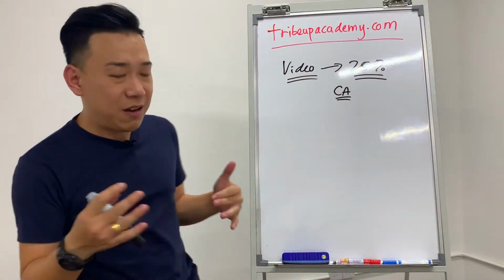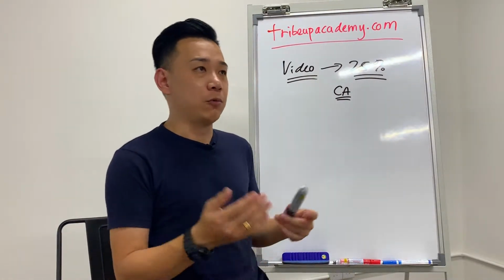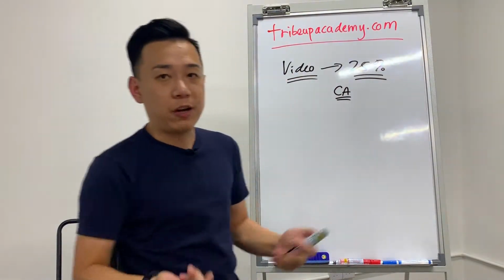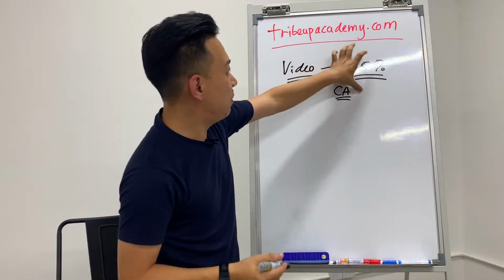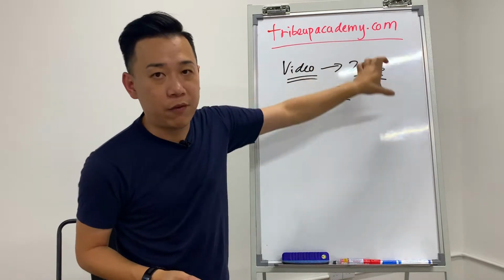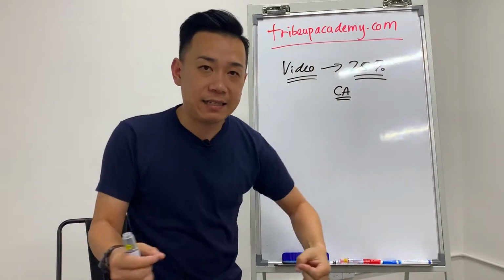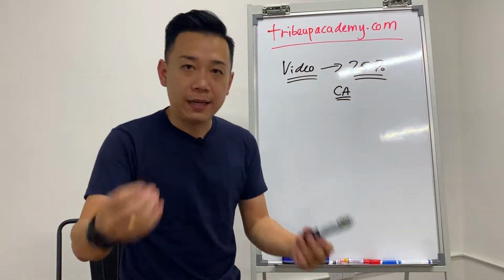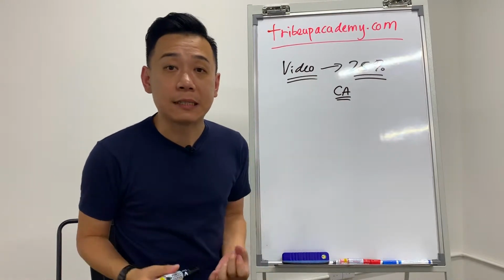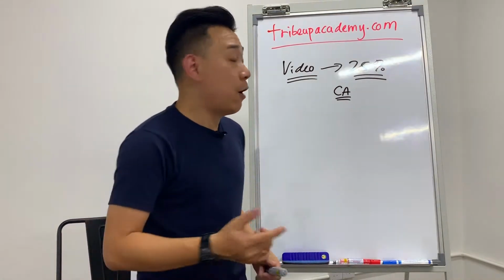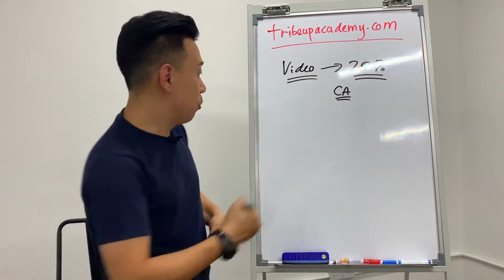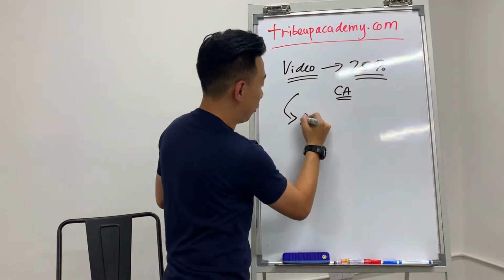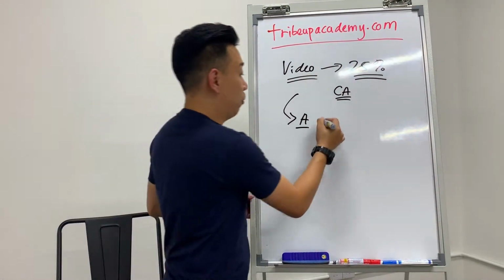Now, what I'm actually trying to share with you is, look, what can you do? When it comes to intent-based strategy, when it comes to the Facebook ad drips that we are trying to build, once these people have watched your video up to 25%, they are highly intended. They have already opted into your list, which is, I'm interested in what you are selling. Once I've done this, you should move them to the next advertisement, which I call advertisement A.